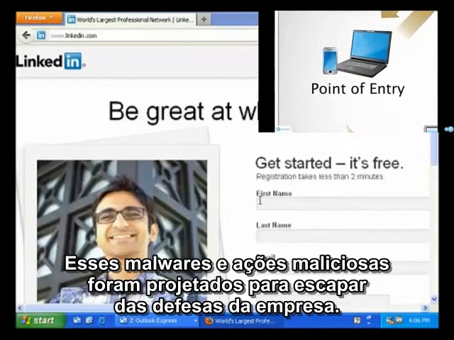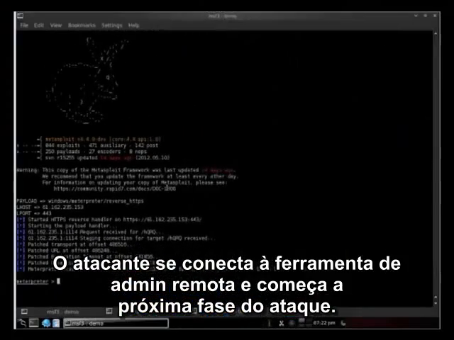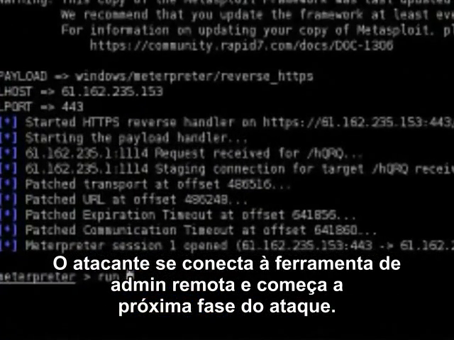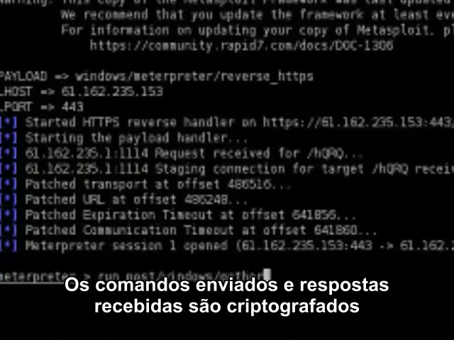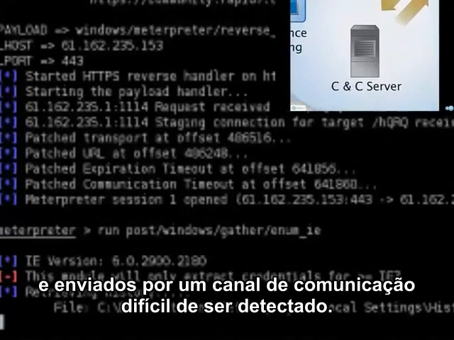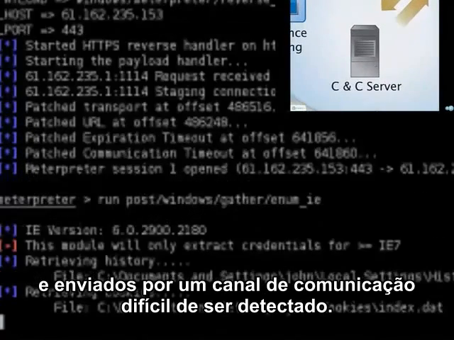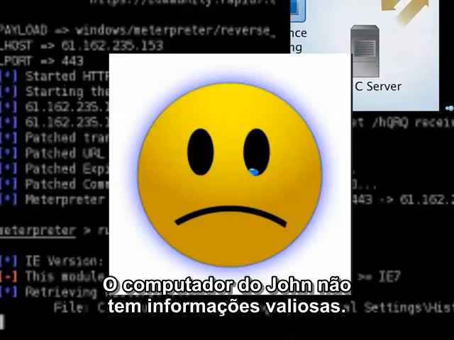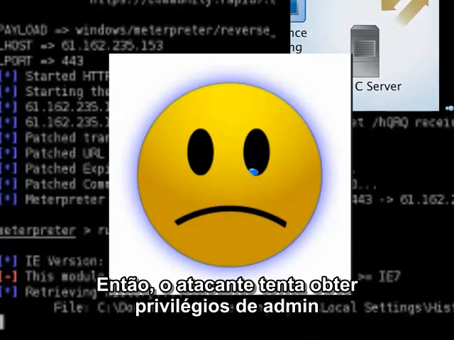All of the malware and malicious actions so far are designed to evade the company's endpoint and network defenses. The attacker receives the connection from the remote admin tool, and now he can begin the next phase of his attack. All of the commands the attacker sends and responses that he receives are encrypted and sent over this difficult to detect communication channel. John's computer offers little direct valuable information, so the attacker attempts to obtain the domain administrator